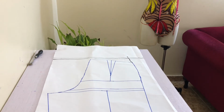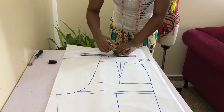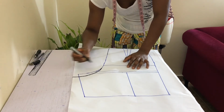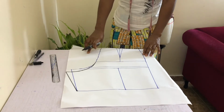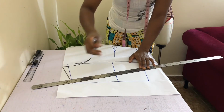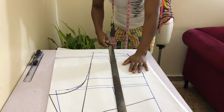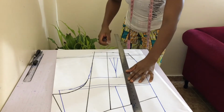Manipulation of the back shorts will be the same as the front, and that is extending your waist upwards by 3 inches, dropping and extending your crotch by 1 inch, connecting the 1 inch extension to the inseam hem, marking 4 inches up from the side line and connecting to the inseam hem to create your new hem, extending your crotch line down, drawing 2 other lines on the right hand side from top to bottom,